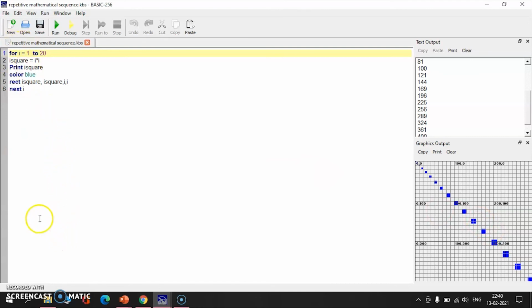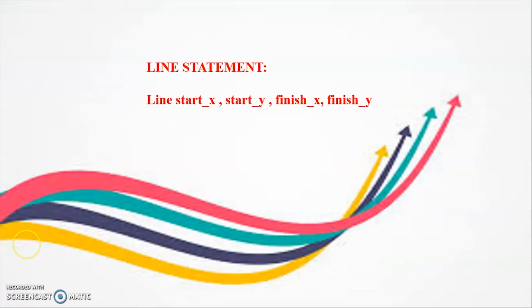Now we are moving on to our next program. We are going to see the last program using the for statement, that is our fifth program. Before seeing that program, we are going to see the syntax for drawing a line in the graphics output area. The line statement can be used to draw a line in the graphics output area, and they are always jagged.